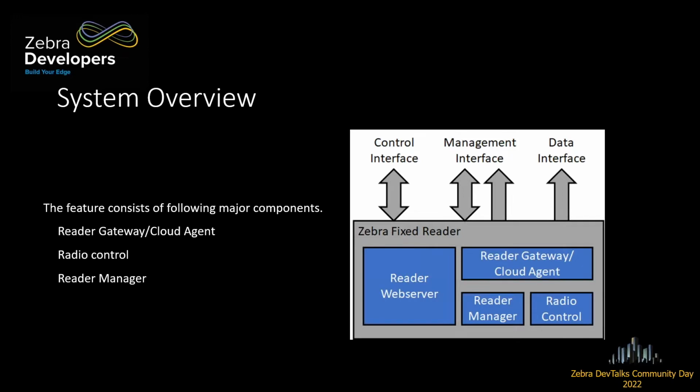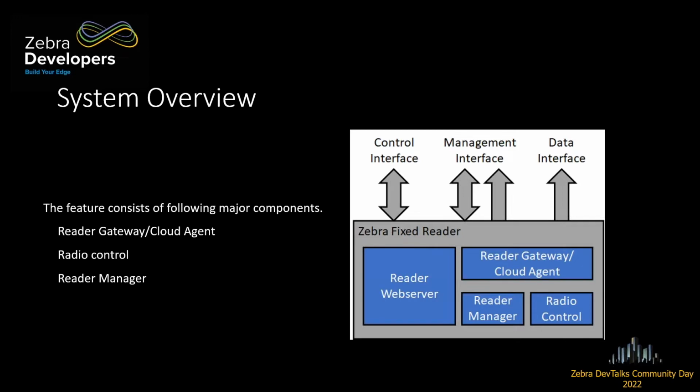The reader gateway is the one that is responsible for interfacing to the outside world. So any connections that it makes for management, control, and data are all held by the reader gateway. And that is the one that translates the IoT connector commands coming in on those interfaces to the respective components. So if there are management functionalities being asked of the reader, then the reader gateway would receive those commands and translate them into an RM command, which it internally sends to the reader manager,